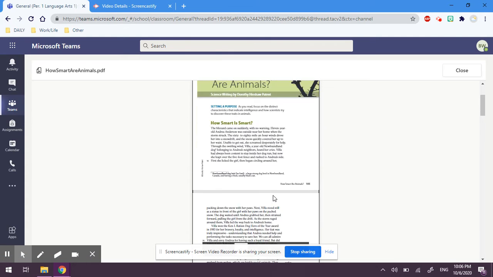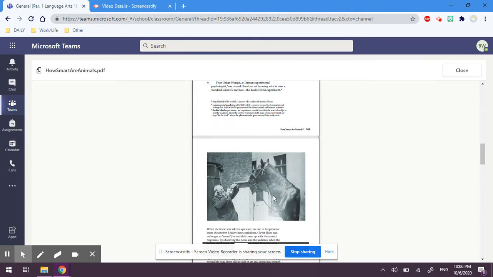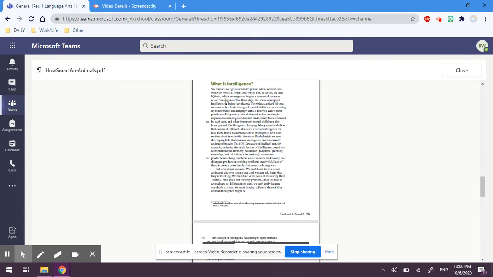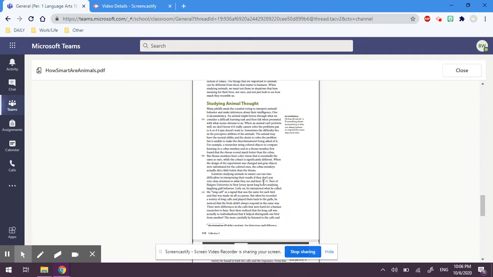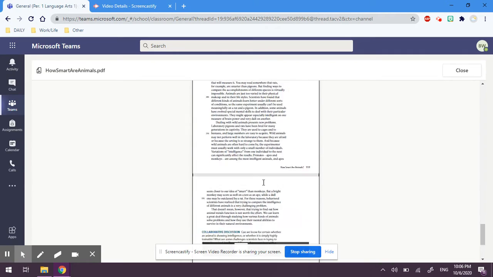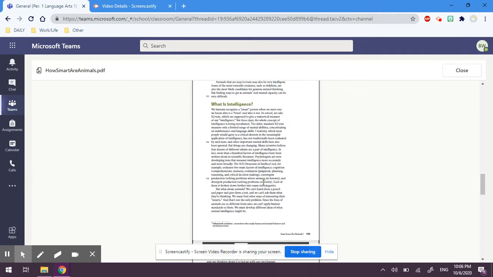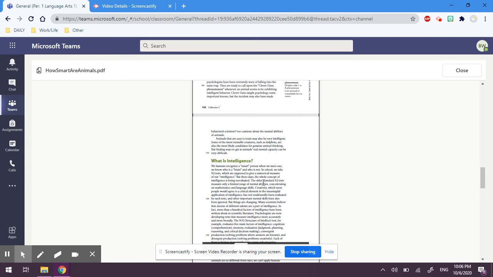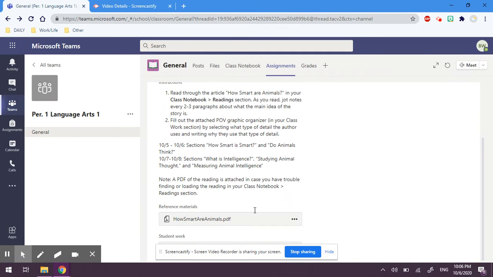You can read on your own, like by yourself completely independently, or you can read with a partner. So you'll read what is intelligence, studying animal thought, and measuring animal intelligence. Click the icon and I'll take you to an audio recording of me reading through these sections in case you'd like that support. So after you're finished reading, go ahead and close it and then scroll down and you'll see